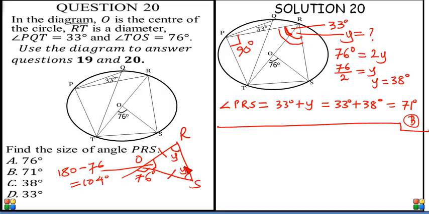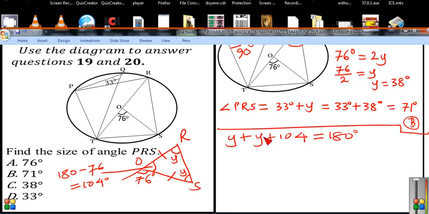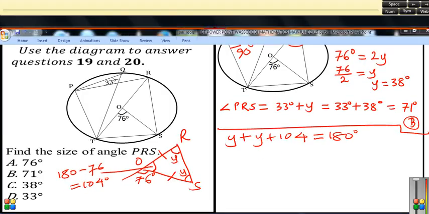If we add the three angles inside triangle ROS, we're going to have Y plus Y plus 104 being equal to 180. If you solve this also, you will eventually get Y to be